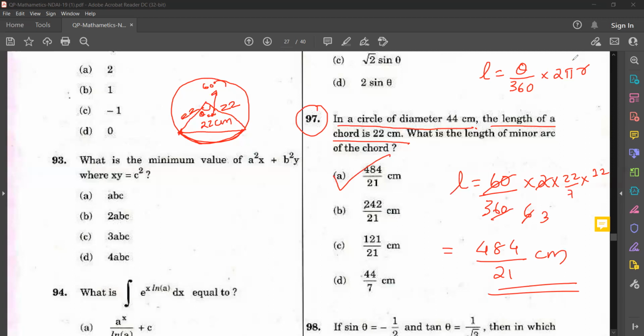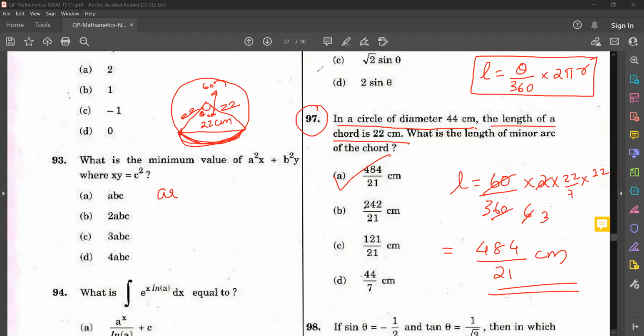Okay, so this is a question of 10th standard level. This formula you are studying in NCERT 10th, the chapter related to area of circle. In that chapter, we study the formula theta by 360 into 2 pi r, that is the length of the arc. What about area of sector? What is the formula for finding area of sector?